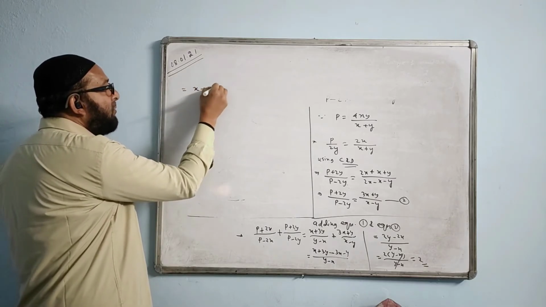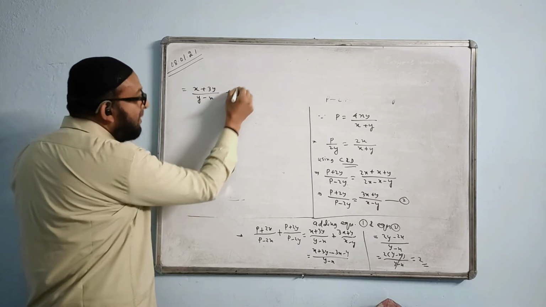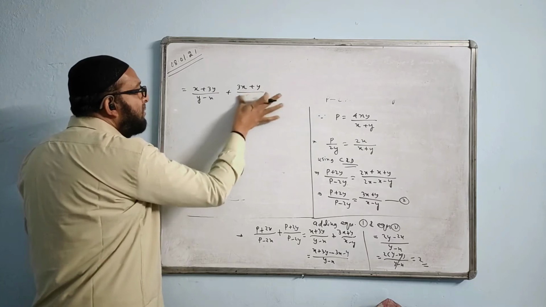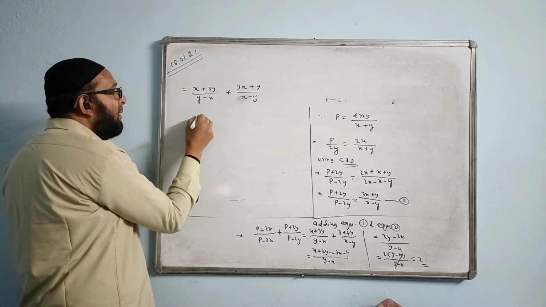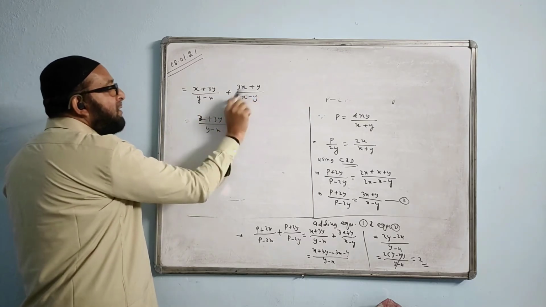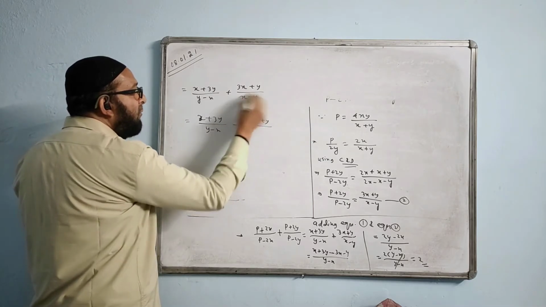I will tell you. X plus 3y, and here you have y minus x. And here it was coming actually 3x plus y by y minus, this was coming x minus y. Then you can do like this. X plus 3y by y minus x. Interchange it, this sign will change, become minus. And here you get y minus x.